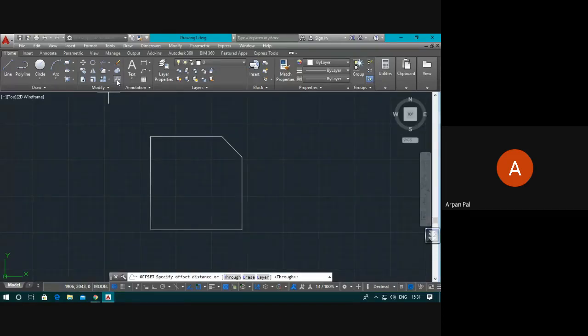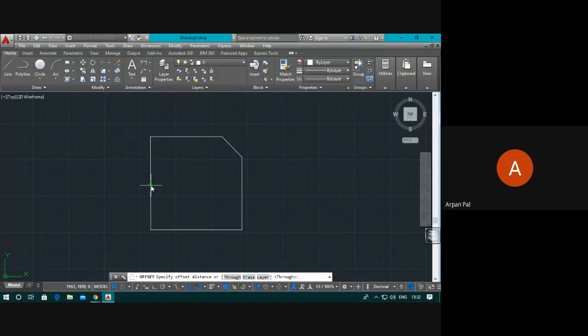In the command box, the inputs that you need to give to the software are always asked. Okay. Is it clear? Yes, sir. So in the command box, it is written offset, specify offset distance.